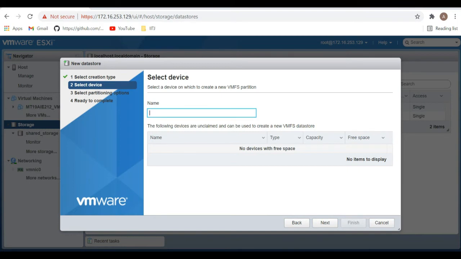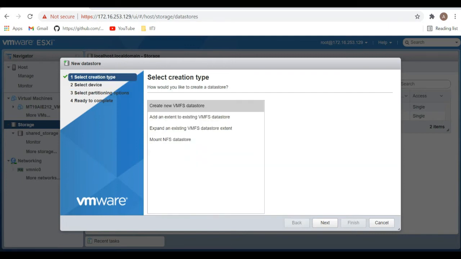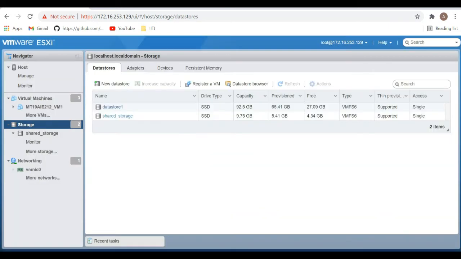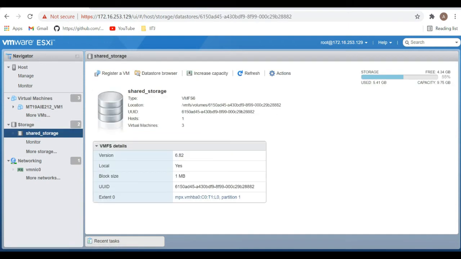As I have already done it, we are not able to find any extra storage available. So here we have the option of creating a new storage, which I have already done. So this is the main storage, and this is the shared storage across the three VMs.